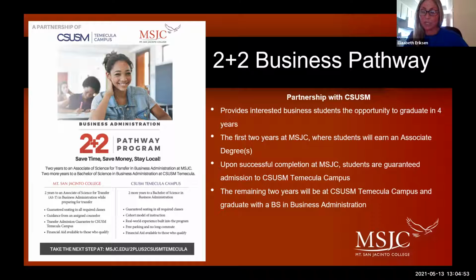As we know, when students apply to UCs, Cal States, most colleges, they need to pay a separate application fee for each place they apply. So for the Temecula campus, we waive their application fee if they've been in the 2+2 program. When they transfer to Cal State San Marcos Temecula, they also have guaranteed seating in all of their classes, which